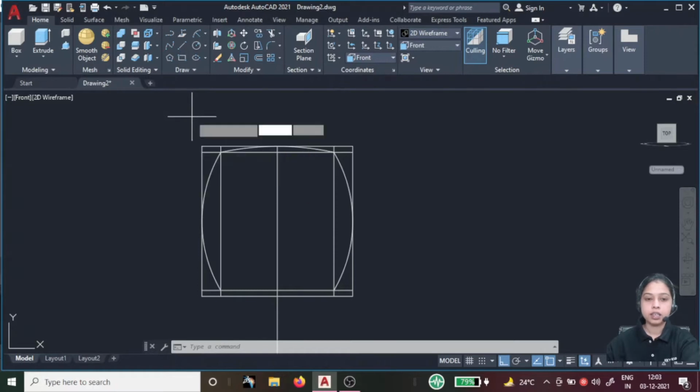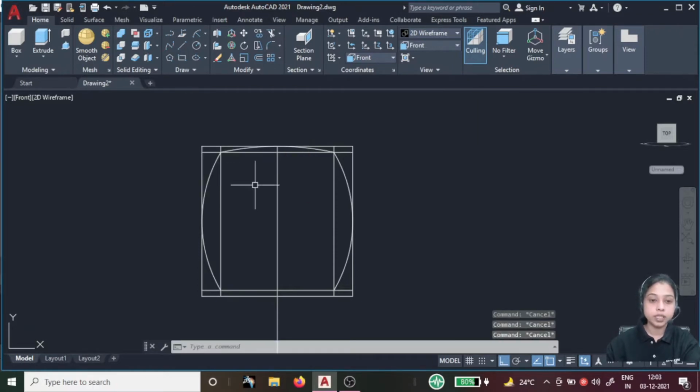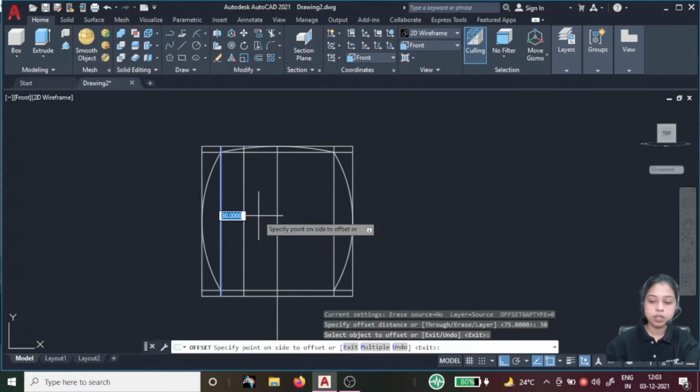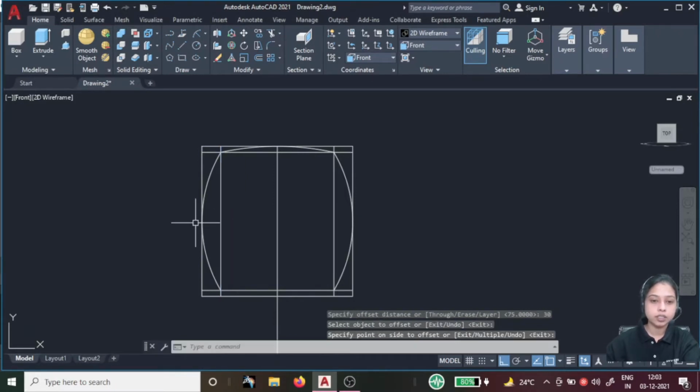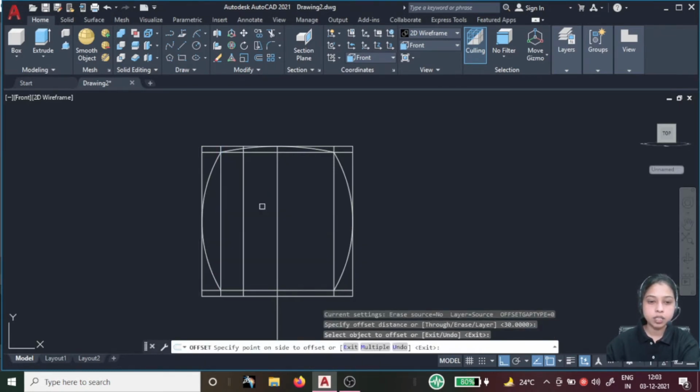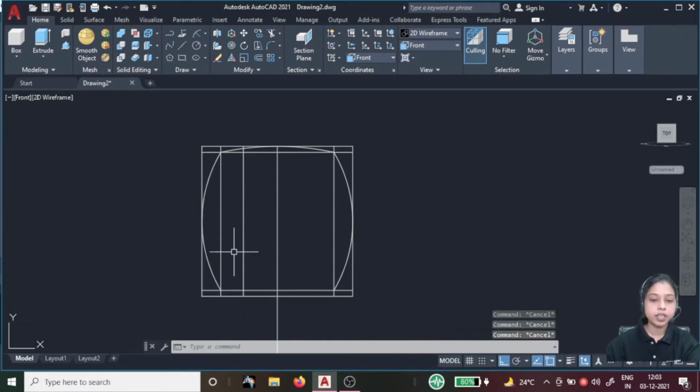Go for the offset, O, enter, and specify the value 30. See, only this much I need, then enter. O, enter, 30, enter, specify this one, this side. Okay, we need to create a curvature over here.